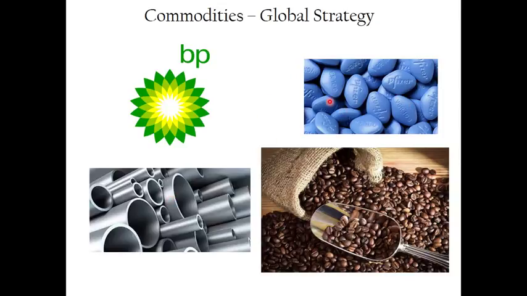Equally, drugs, medicines, at the moment they're not particularly individualized for people. You can produce the same medicine on a mass scale, benefit from global economies of scale, and produce at the lowest possible cost, and that either allows you to increase your profit margin or sell at the lowest price. Coffee beans, equally, we can produce them in one place and then ship them across the world.